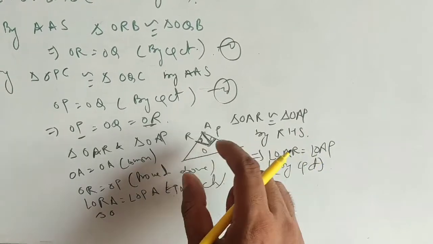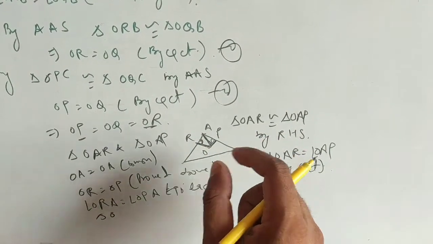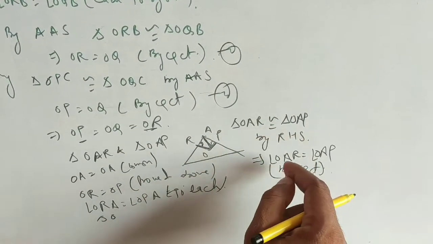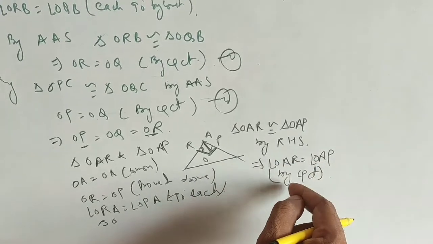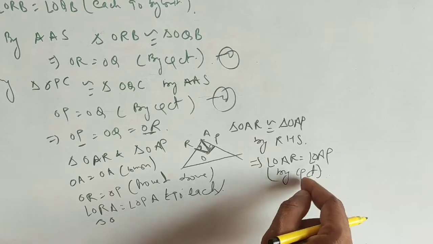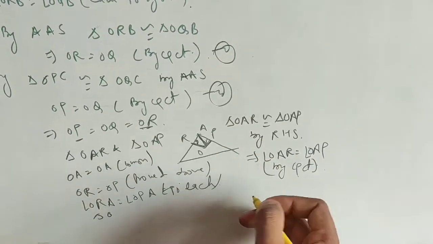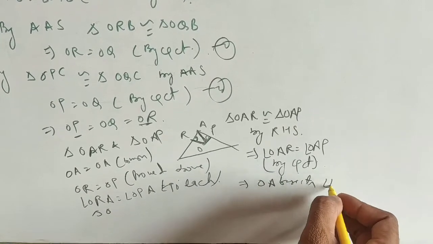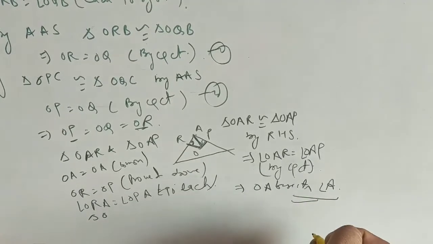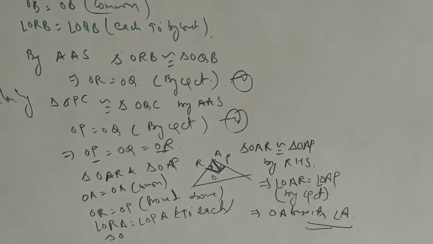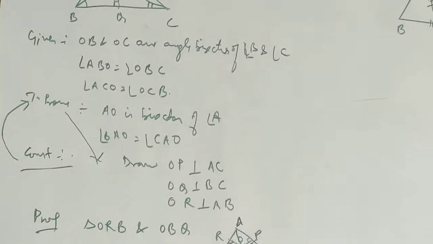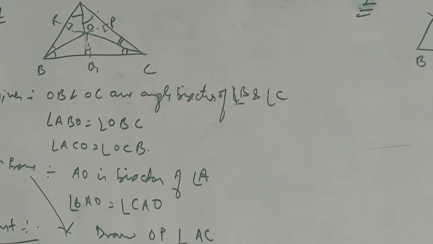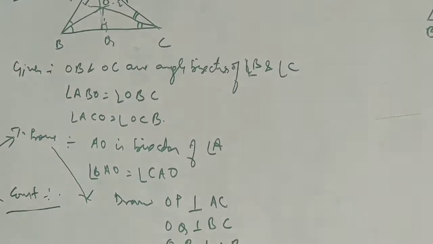What we are doing, we are proving that the triangles are congruent, means triangles can overlap each other, and then we will say that which part will be covered by which part. So angle OAR will be covered by OAP because these two triangles are congruent, and by congruent part of congruent triangle these two angles will be same. So if these two angles are same, it means OA bisects angle A. Okay, so this was one of the important example, because in this we have to do construction, only then we can simply solve it or get the desired result.